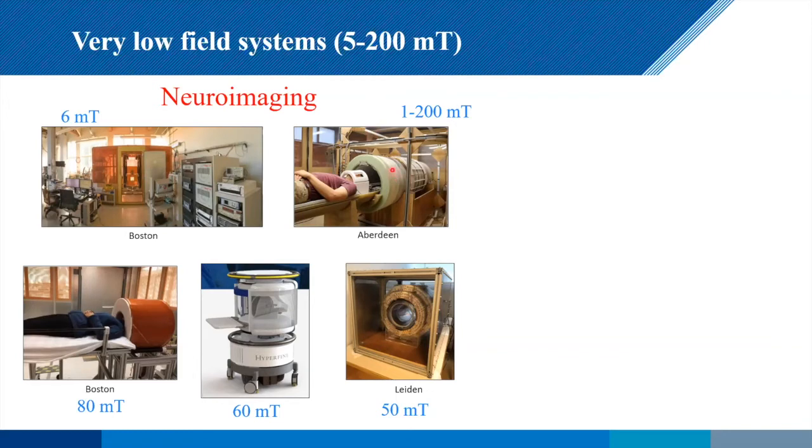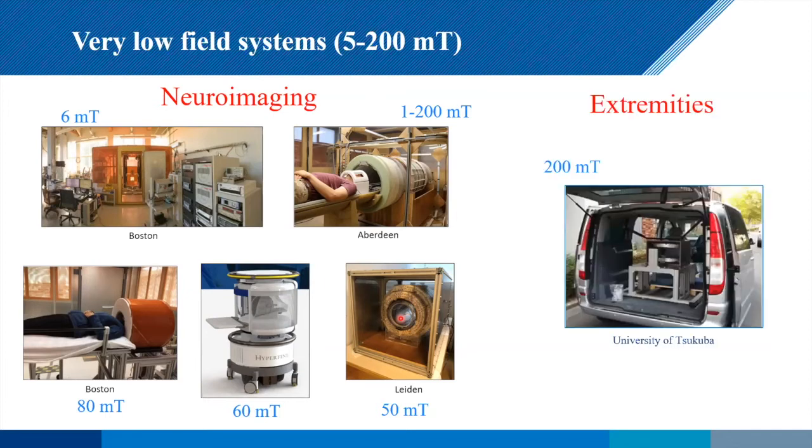This fascinating system David Lurie's constructed in Aberdeen, which is this field cycling. So it jumps from anything from 50 microtesla up to 200 millitesla. So you can really choose your image contrast that you want to look at. Of course, you've got Hyperfine over here with about a 60 millitesla system. Again, some different magnet design. And then our own one over here in Leiden, which I'll talk a little bit more about, built by Tom O'Reilly at 50 millitesla. And so one question that comes up here, actually, if you look at this, is why is it that every single low field site is within 5 kilometers of the sea? I'll see if anybody has an idea of that in the question and answers afterwards.